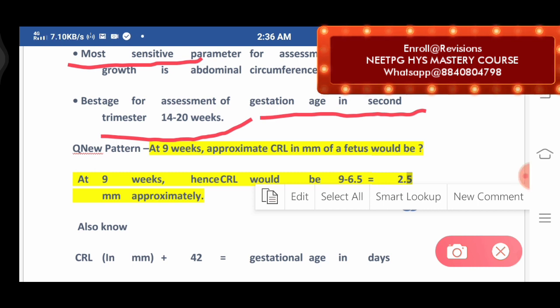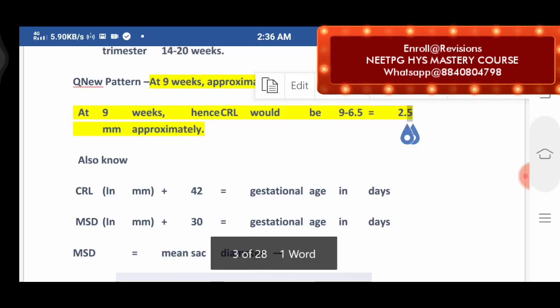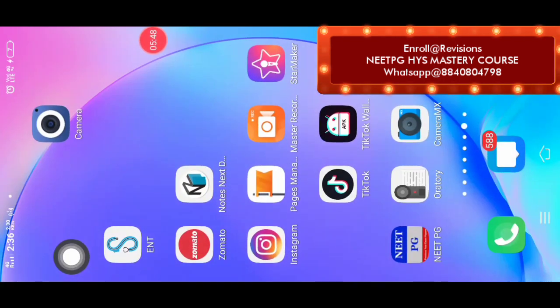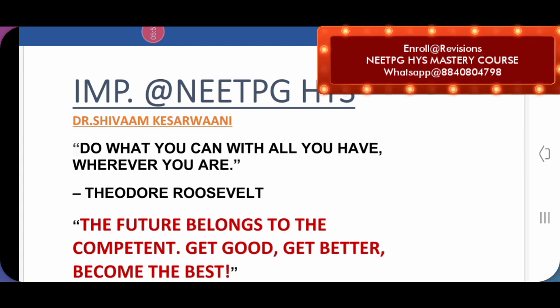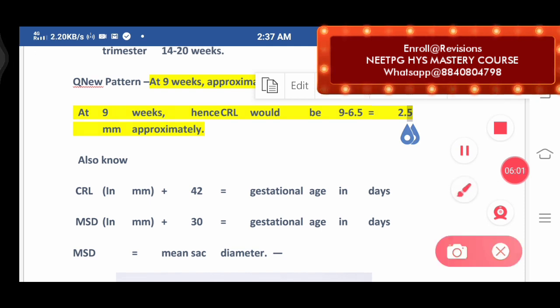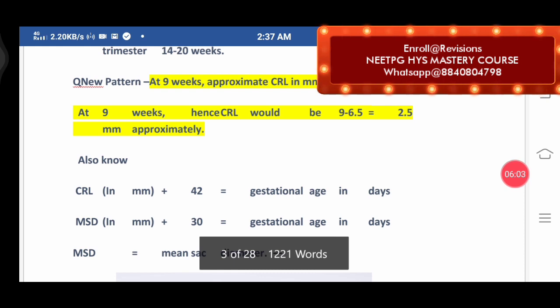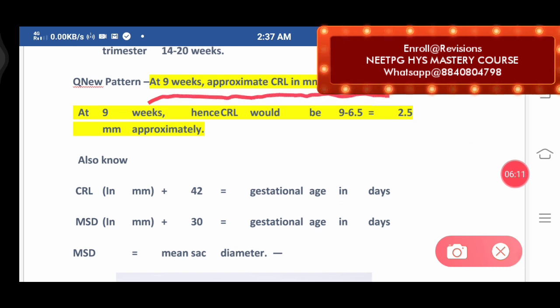Now that question I was telling you, the recent question which was asked is this: at 9 weeks, the approximate crown rump length in millimeter of the fetus would be. Now you remember the formula: crown rump length